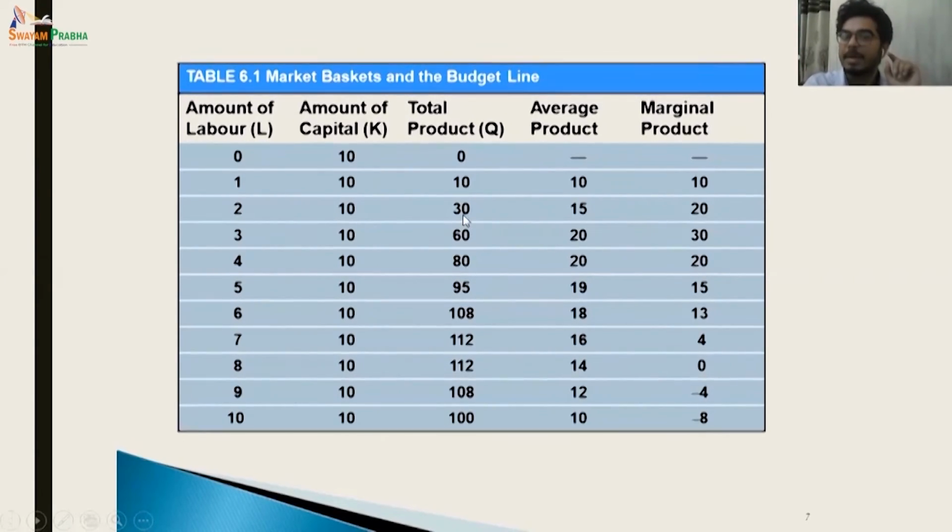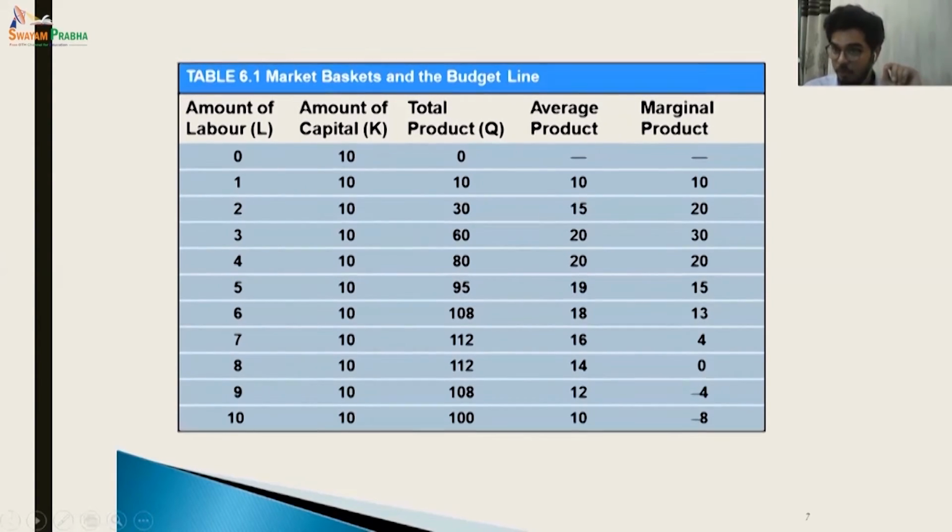Further, 60 minus 30 is 30 divided by 3 minus 2, which is 1. So 30 by 1 is 30. And so on, 80 minus 60 divided by 4 minus 3. 80 minus 60 is 20, 4 minus 3 is 1. And it continues. Over here, if you see, after this 10, 20, 30 at the point 3, any further